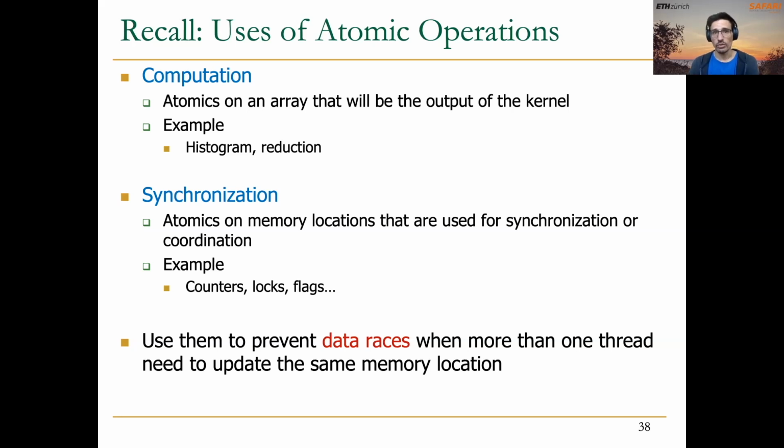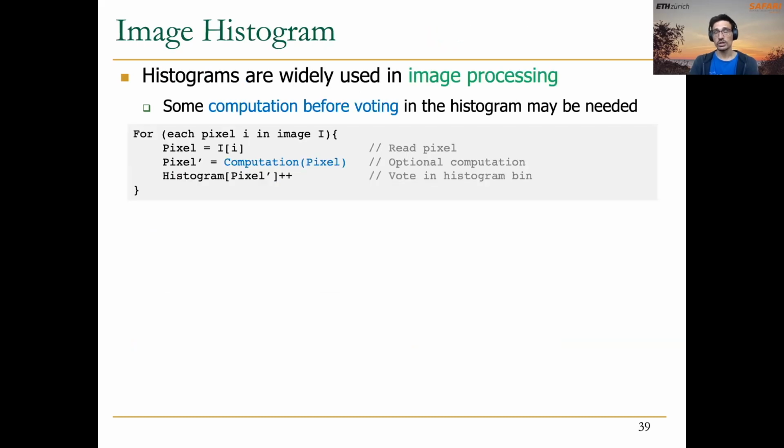Remember from our previous lecture as well that there are different uses of atomic operations. We can use them for computation, and we can use them for synchronization. As examples of atomic operations for computation, we mentioned in our previous lecture histogram and reduction. Histogram is something that we will explain in the next lecture, but let me very briefly introduce you to what